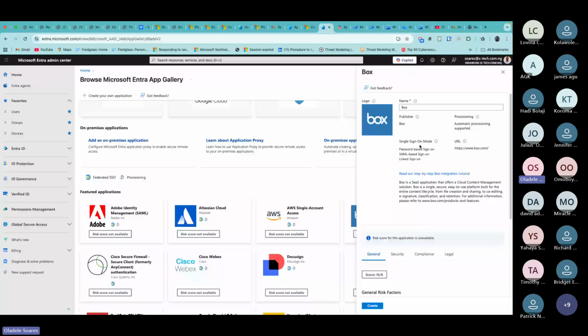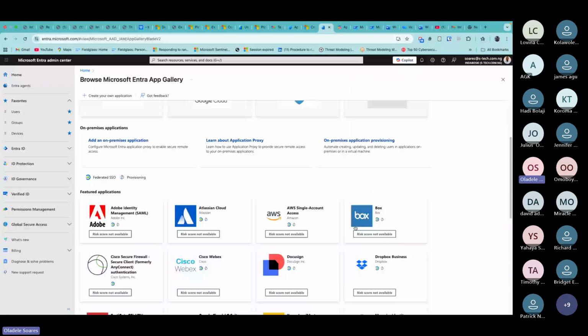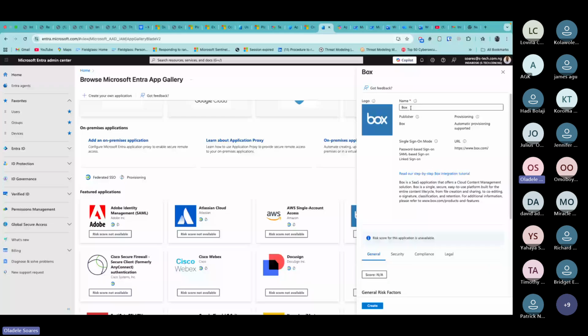Now, a good example would be, we can check within the enterprise application and find if there's an existing instance for the application. So if we look into Box, for example, there's a name for it. It was created by Box, and they published it to Microsoft. So Microsoft has a dedicated service where